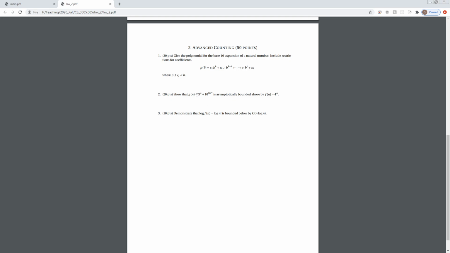Okay. This is a limit, right? So show that it's asymptotically bounded above. So if you create a limit of g of n divided by f of n, show that the limit goes to 0, and in that sense, you're showing that it's bounded. Right? So, and then